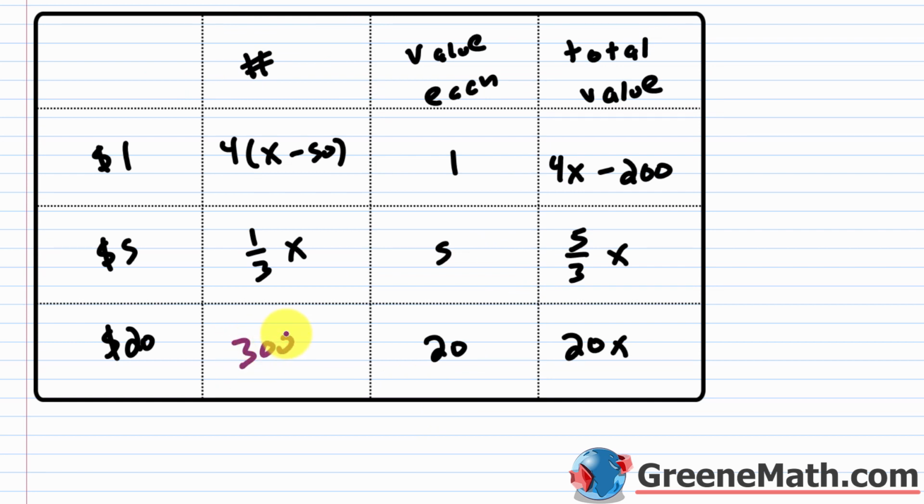So this is 300. A third times 300 would be 100. And then 300 minus 50 is 250. And then times 4 is 1,000. Let's put 1,000 there. And then coming through here, again, you can multiply across or you can plug in a